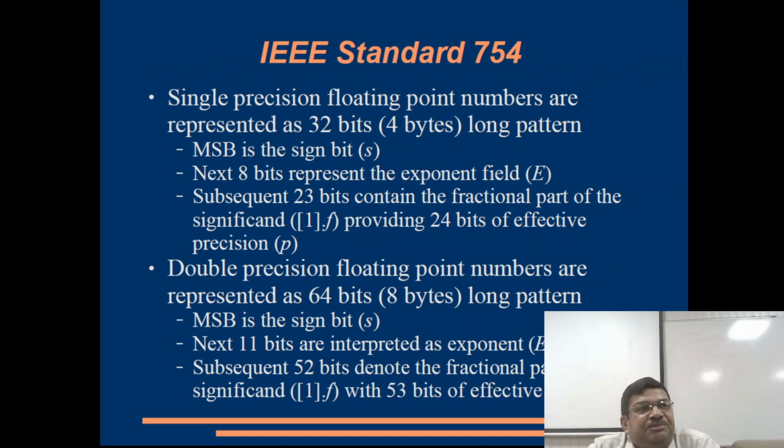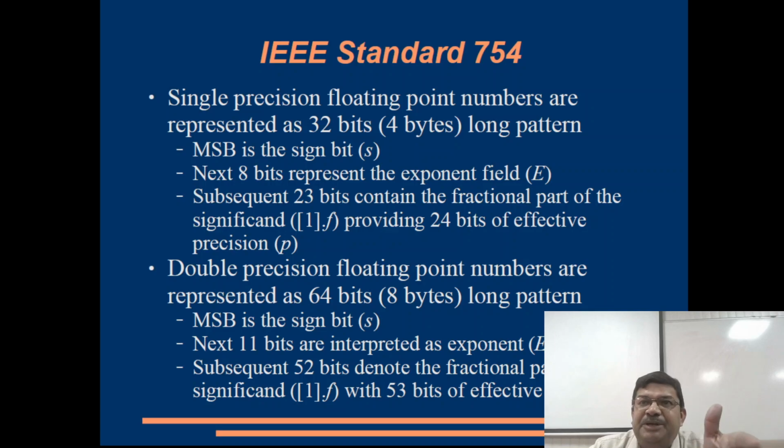So single precision floating point numbers, they are represented by using 32 bits, that is 4 bytes, and out of those 32 bits, first, the most significant bit is the sign bit, that is reserved for sign, again using the same notation of sign and modulus form. Remaining 31 bits,